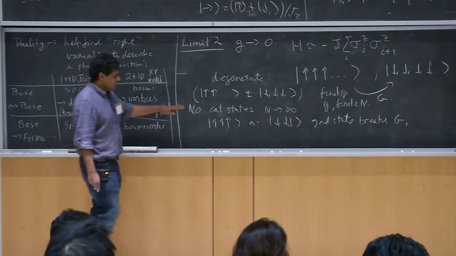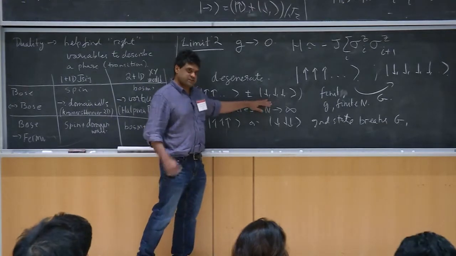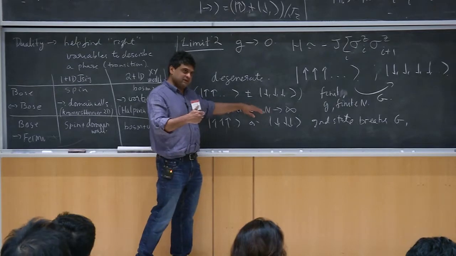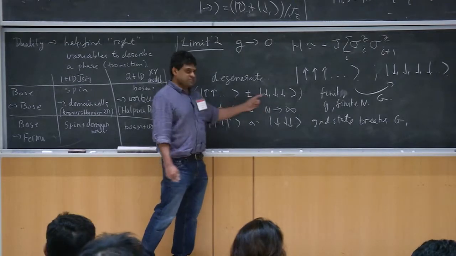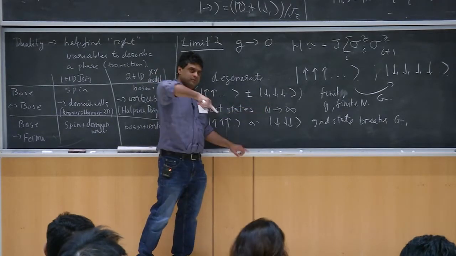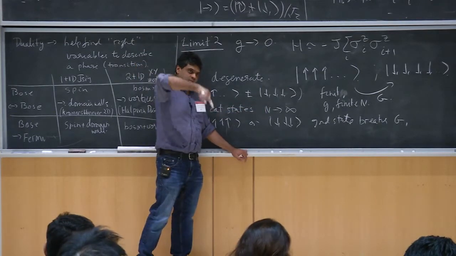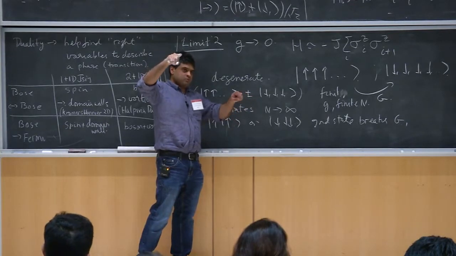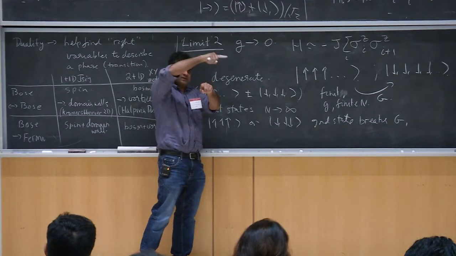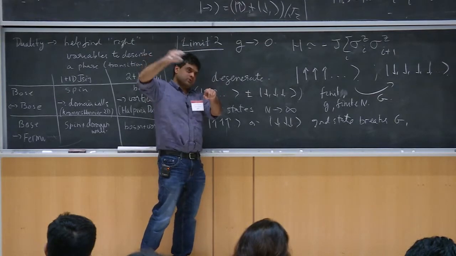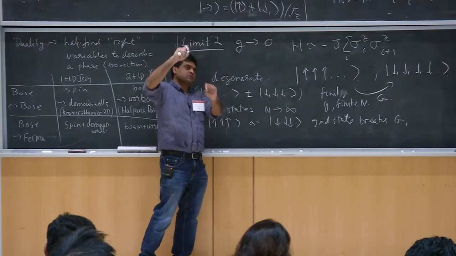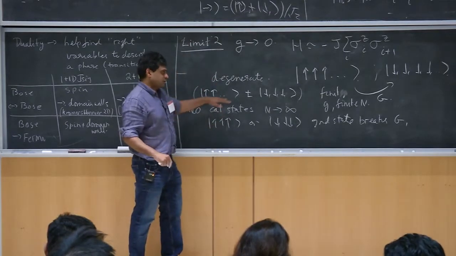But you don't have to take this point of view. You can just think of it more physically as apply a field. That's the usual way in which we think of symmetry breaking. Apply a field, and then you pick one or the other state. And as I vary the field, you go from one to the other. There's kind of like an S-shaped curve. But this curve becomes more and more narrow the larger the number of spins. So eventually you get a situation where you switch between the two. And then you can have an infinitesimal field, and you're in either one or the other ground state. That's the physical way of saying that you have symmetry breaking.